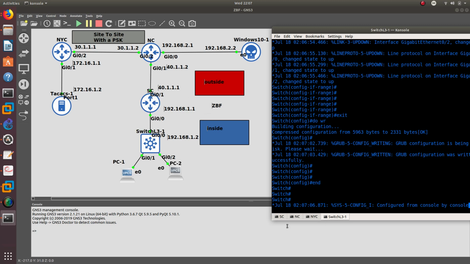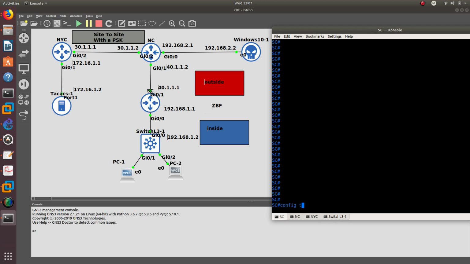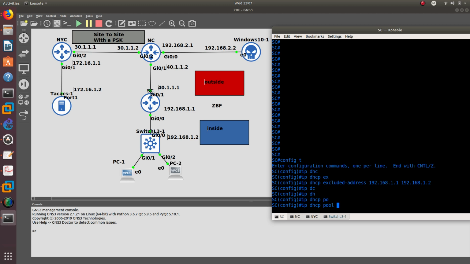Now I want to go into the South Carolina switch or router. And from here, I want to do an IP DHCP excluded address. And I want to exclude 192.168.1.1 all the way to 192.168.1.2. Then IP DHCP pool. It's going to be called inside network,